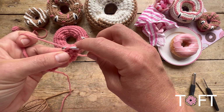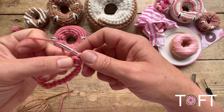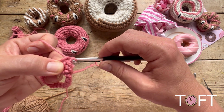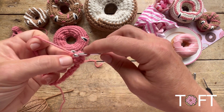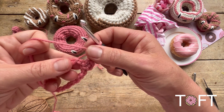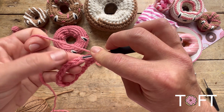Yarn over, bring that through that chain to the point where you've got 2 loops on your hook. Then you yarn over and come through the 2 loops in one motion. So that's 1 double crochet, back in again and do a second one. So that's now me on 4. On to the next one along, in again,